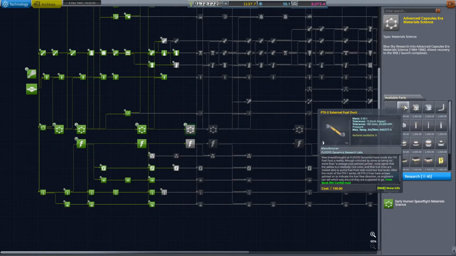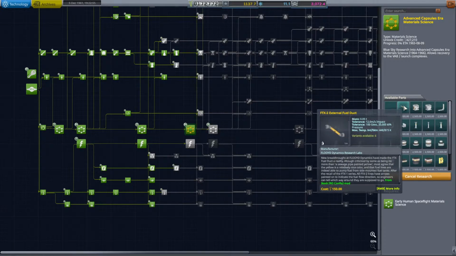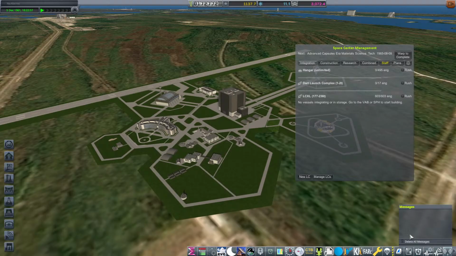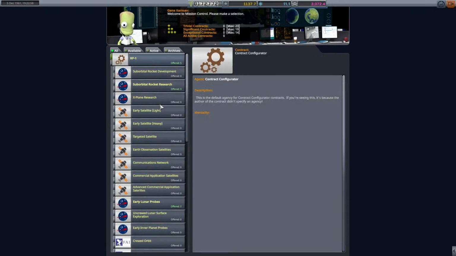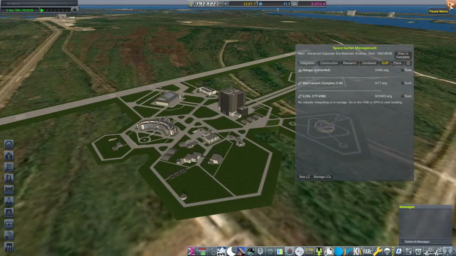Look at this right here. And we have enough science. We're going to research, because we might be able to do asparagus staging now. Which, game changer. Alright, so let's go see what our next contract is. And the other thing that I did a lot differently this time was...